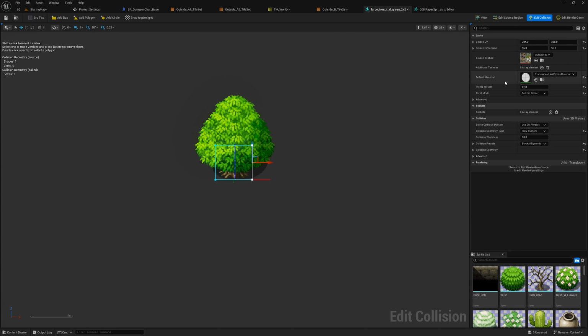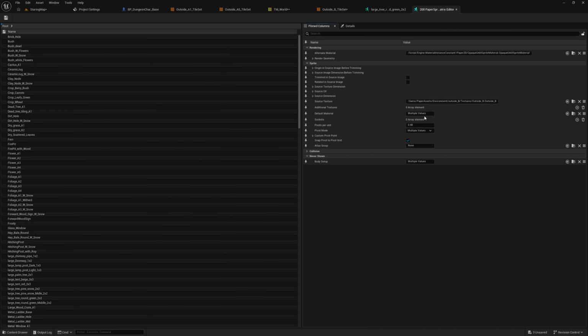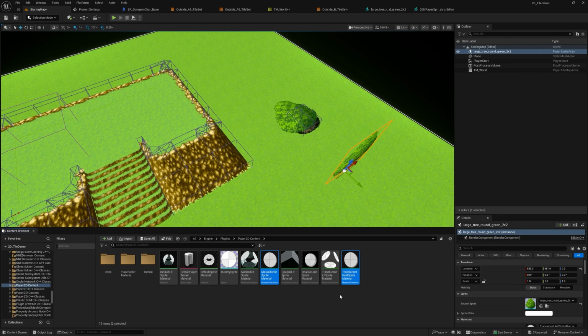Yeah, no, we can. Sprite. Default material. All right, well, I'm going to view where it is, grab our translucent unlit, and then come back